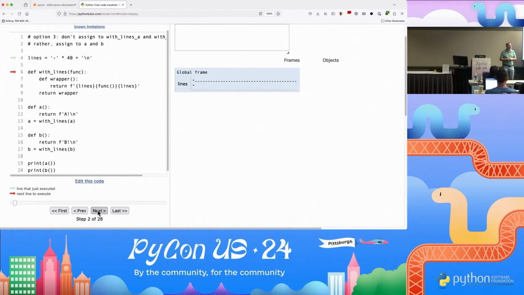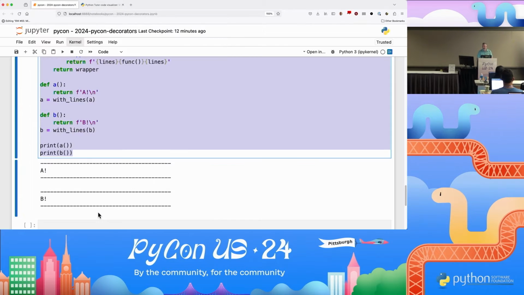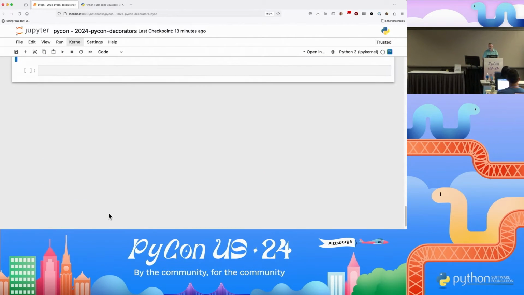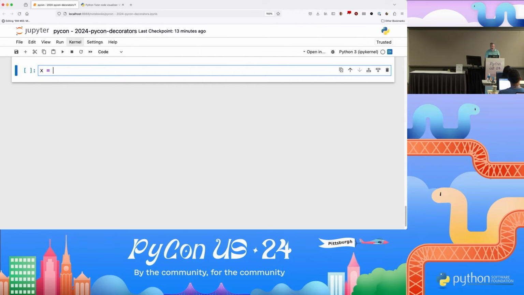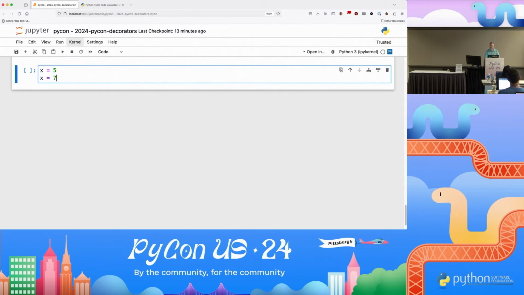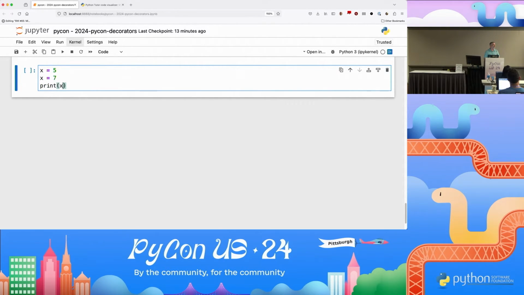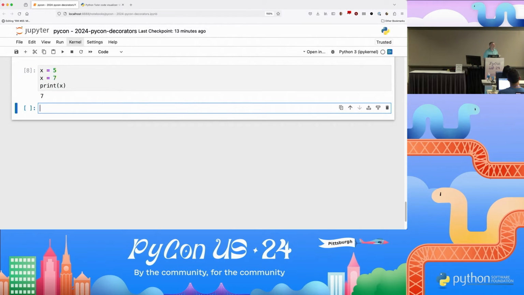Fantastic. No. Watch this. If I say now x equals 5, and then I say, actually, x equals 7, I say print x, what's it going to say? 7. Does it remember that x once referred to 5? No. And in the same way, when I assign to a variable that previously held a function, the previous function,